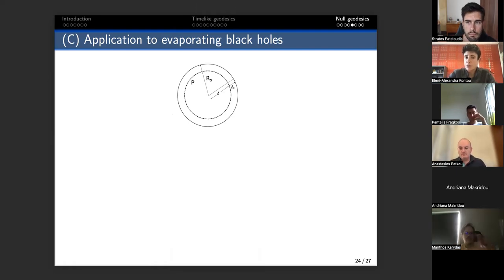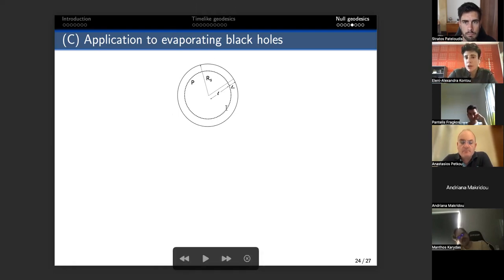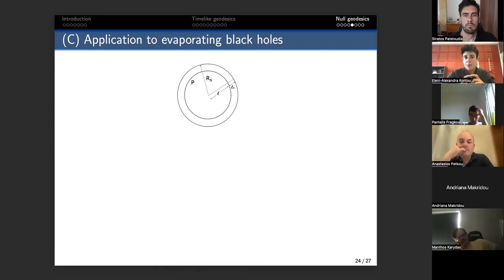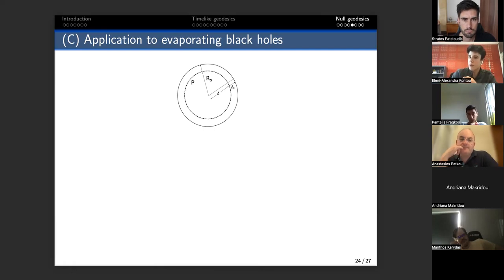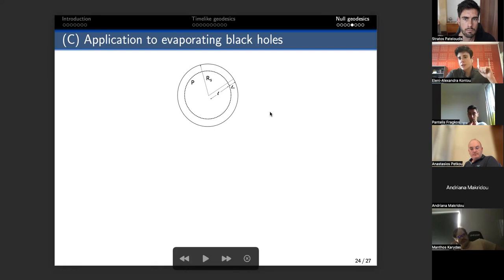Now, because we need mean normal curvature less than 0, we have to go a little bit inside the black hole. So the dotted circle is the surface that we are interested in. And that surface is inside the classical horizon. So the L naught is the distance from that surface to the classical horizon, where we would require the NEC to be violated. And L is the distance